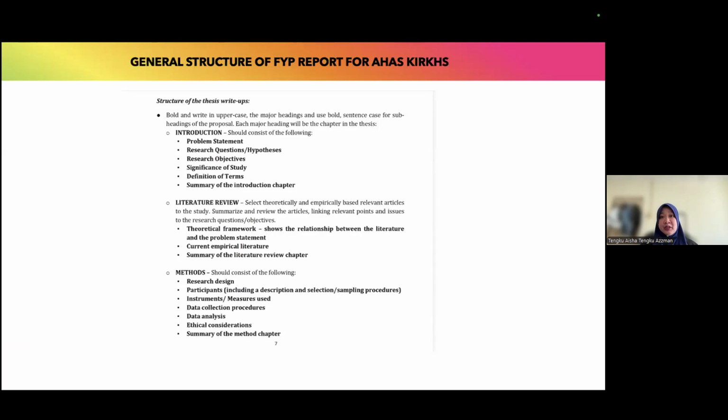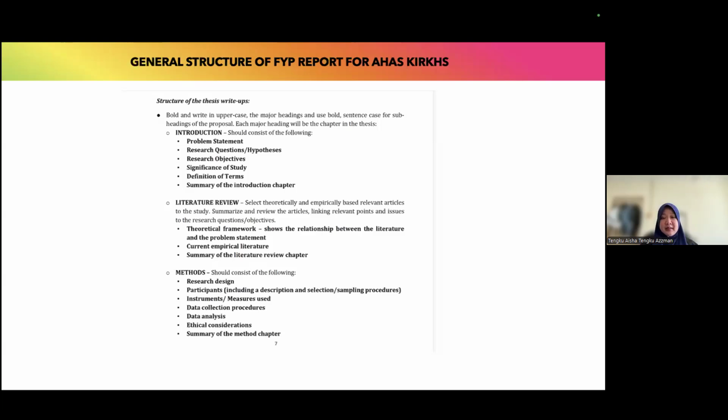In communication, for quantitative, we choose a survey or content analysis. Whereas for qualitative, you can do interview, focus group discussions, and so on. I think for IRK, they also look a lot at secondary documents. So that's their content analysis, their main methodology. So this is just a general guideline. They can adjust based on the methodology chosen.